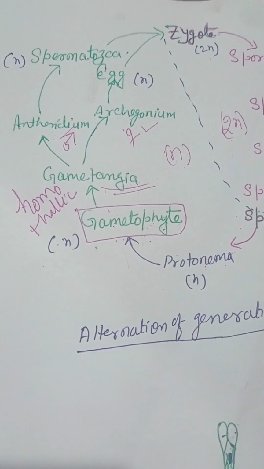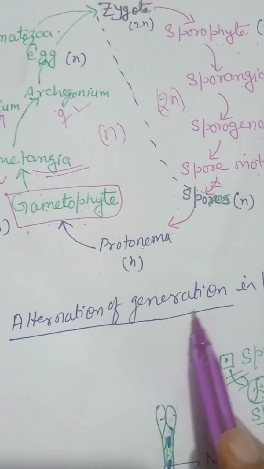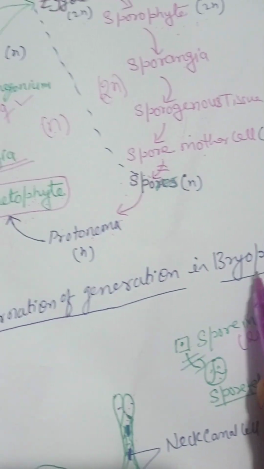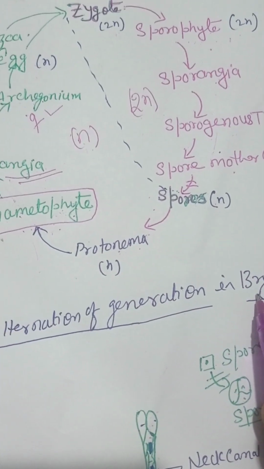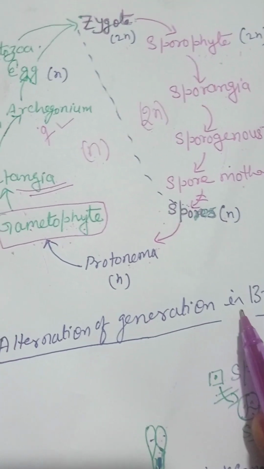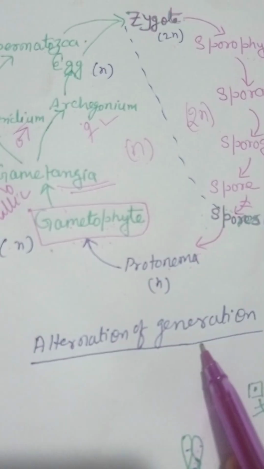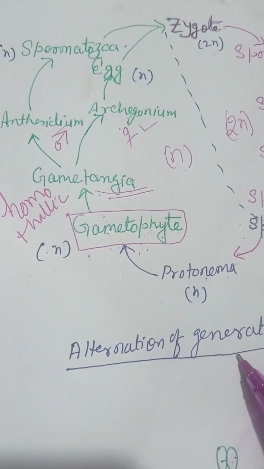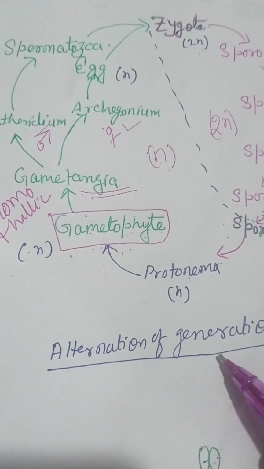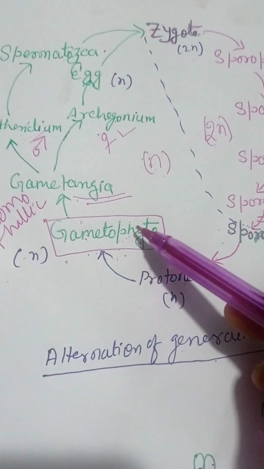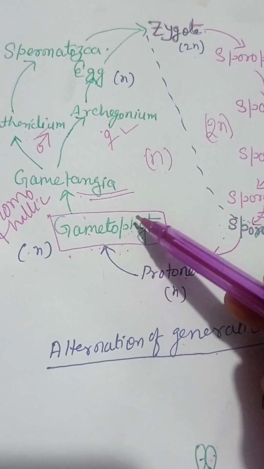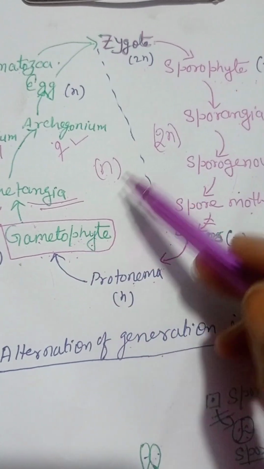Hello children, this is the video about the alternation of generation in bryophytes. As we know, these are the lower plants, and so have a very simple plant body structure. And in bryophytes, the life is represented by two phases, that is the gametophytic phase and the sporophytic